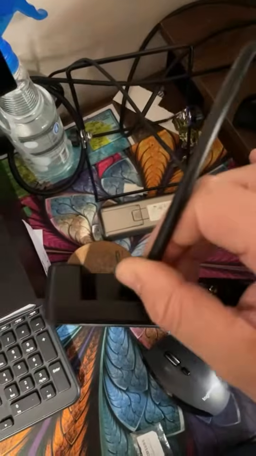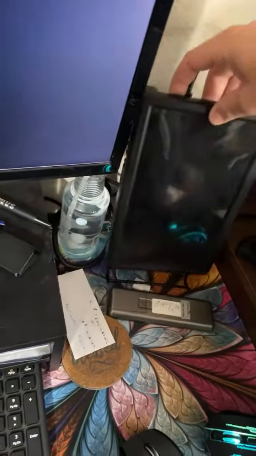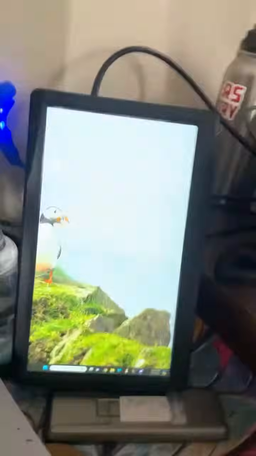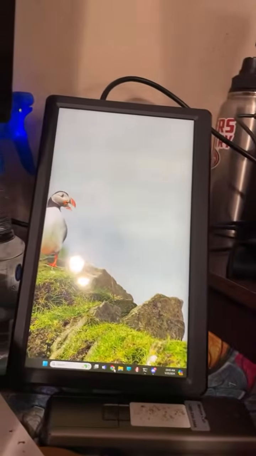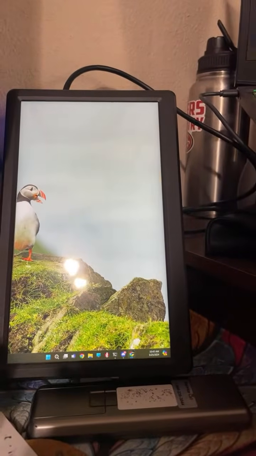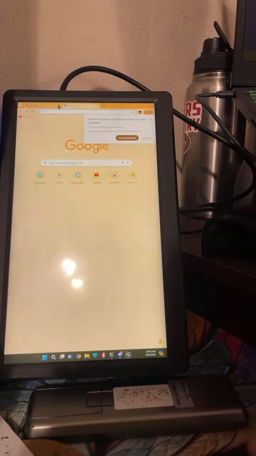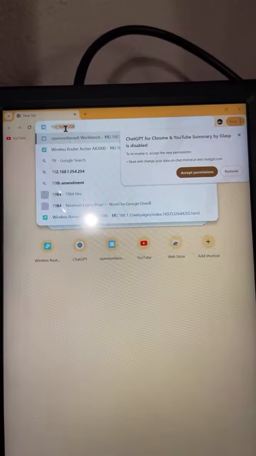What I'm doing is just plugging in the HDMI again. And boom, I got my extended desktop again. So first things first, I am going to access my router, which is